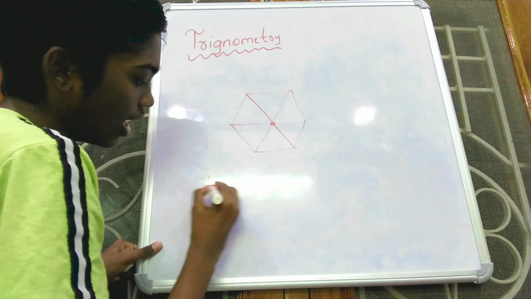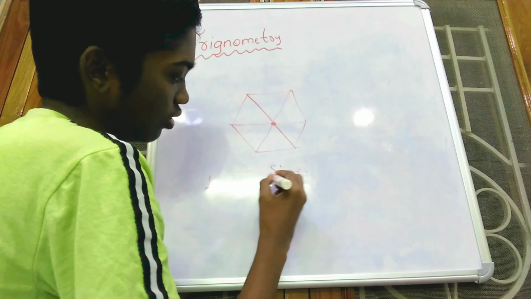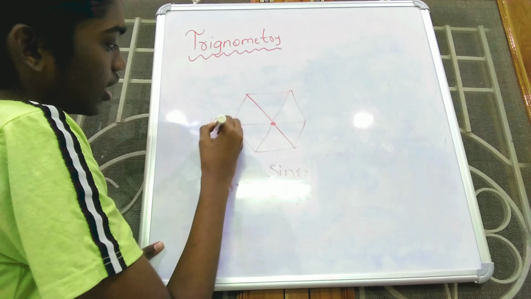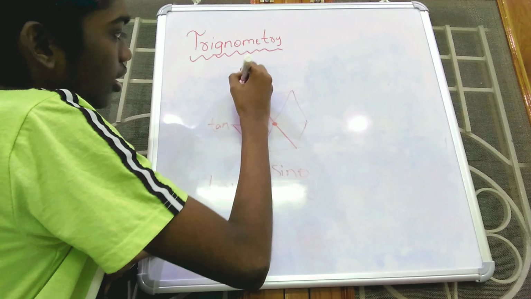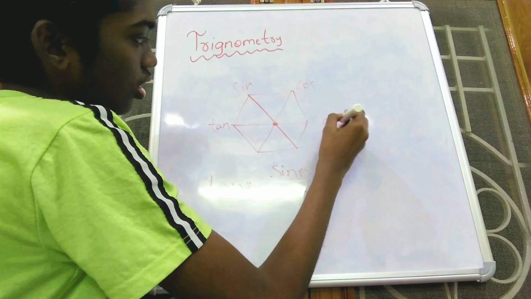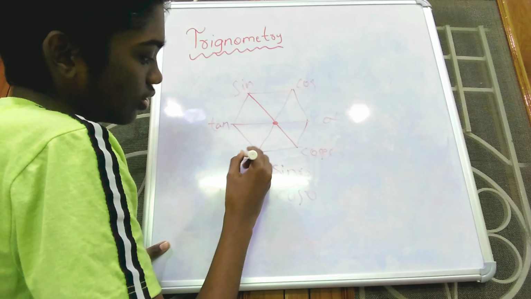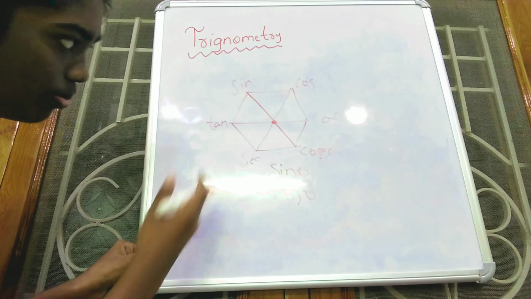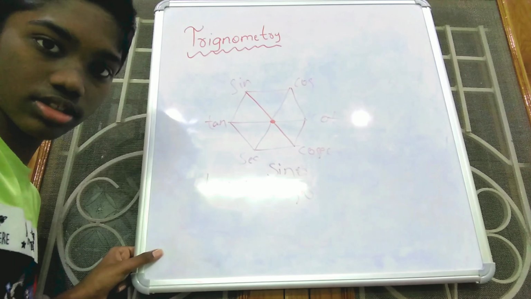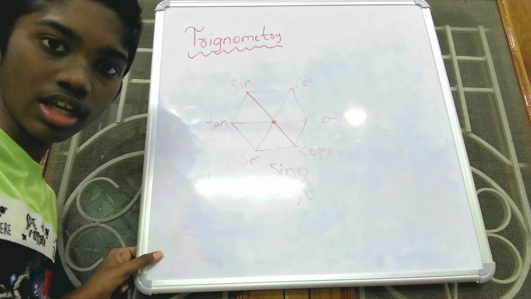Now I told you to remember this formula: tan theta equal to sin theta by cos theta. So first you write tan here, sin here, cos here. Next, the reciprocal of tan, cot. The reciprocal of sin, cosec. The reciprocal of cos, sec. So simply we got the super hexagon. Not only this trick, from the super hexagon we will get still more answers. I will explain that in the next video.